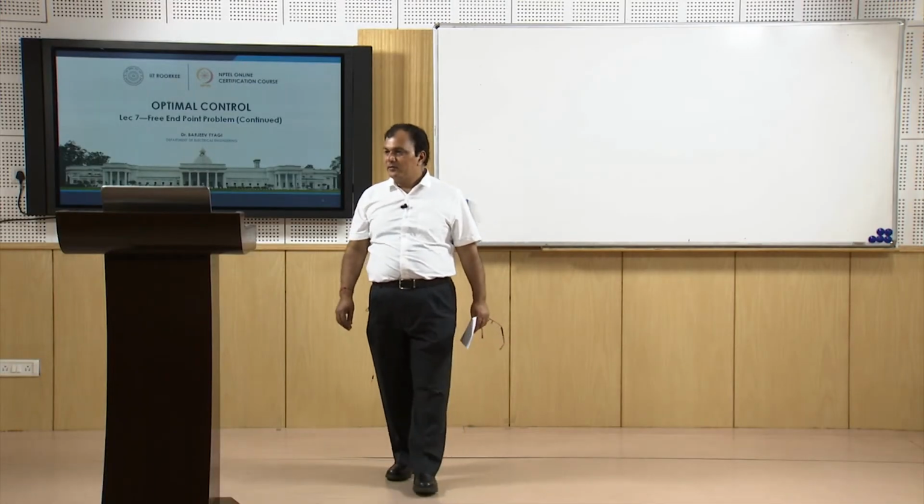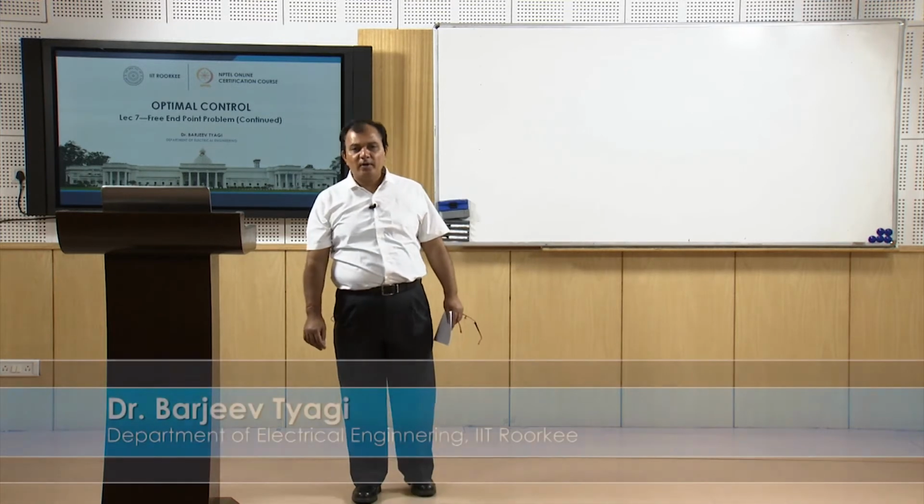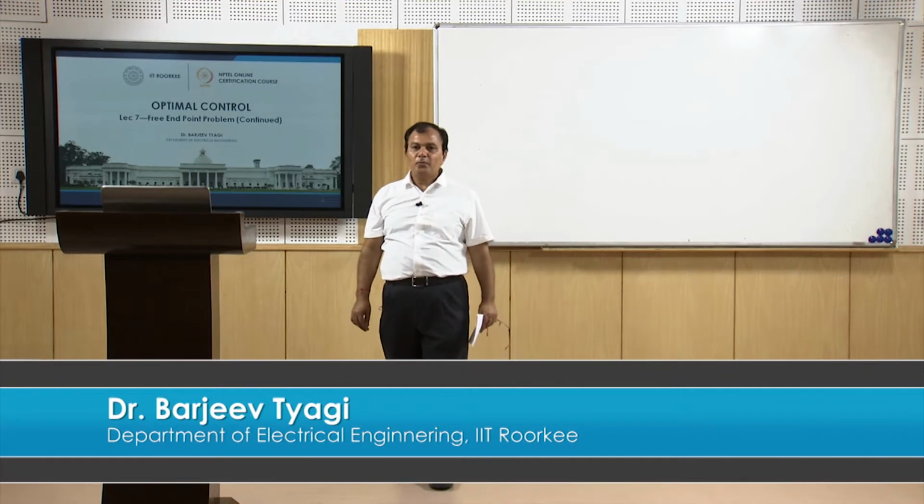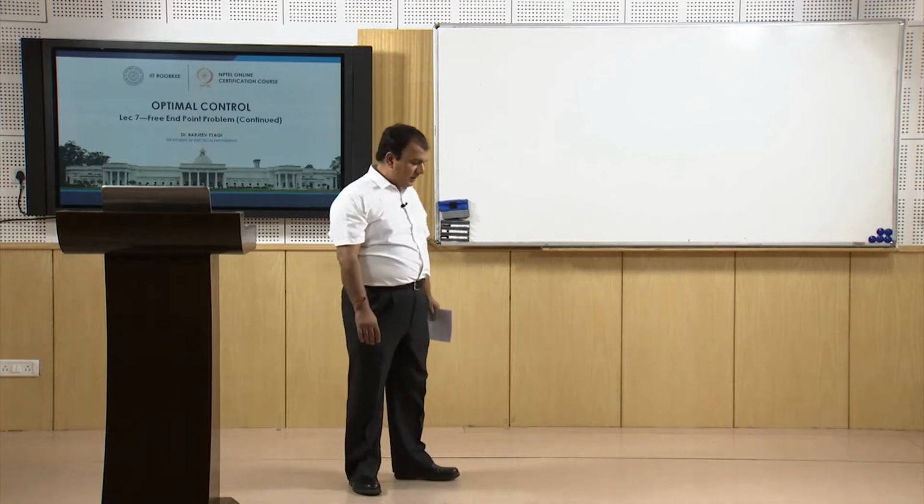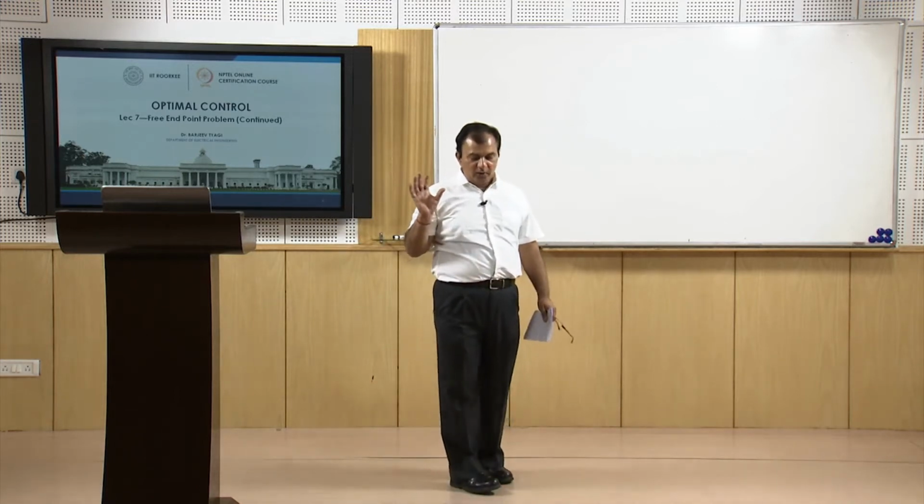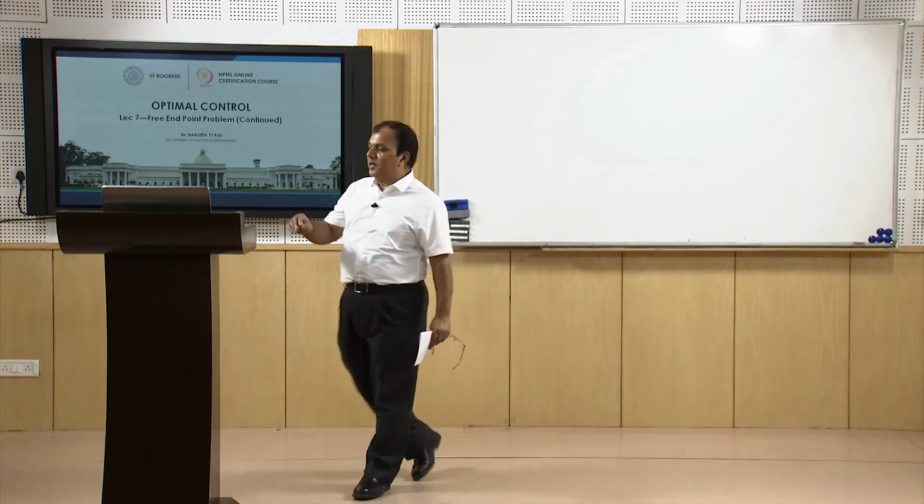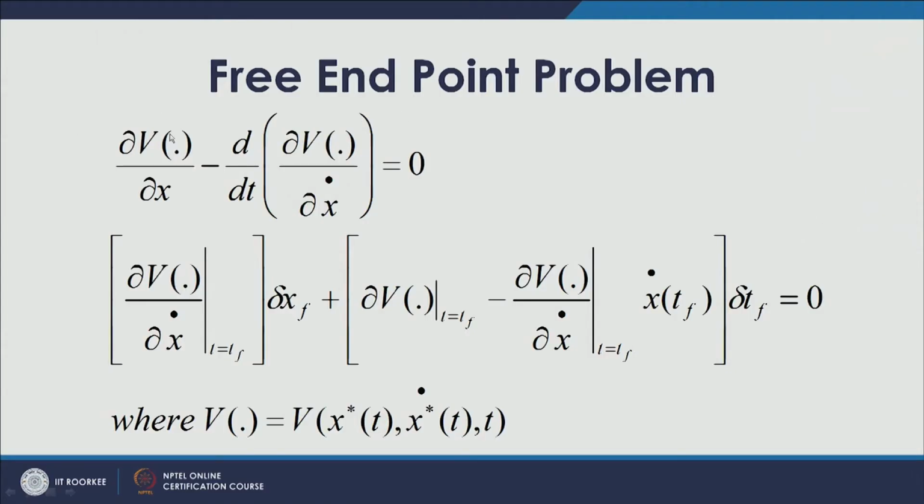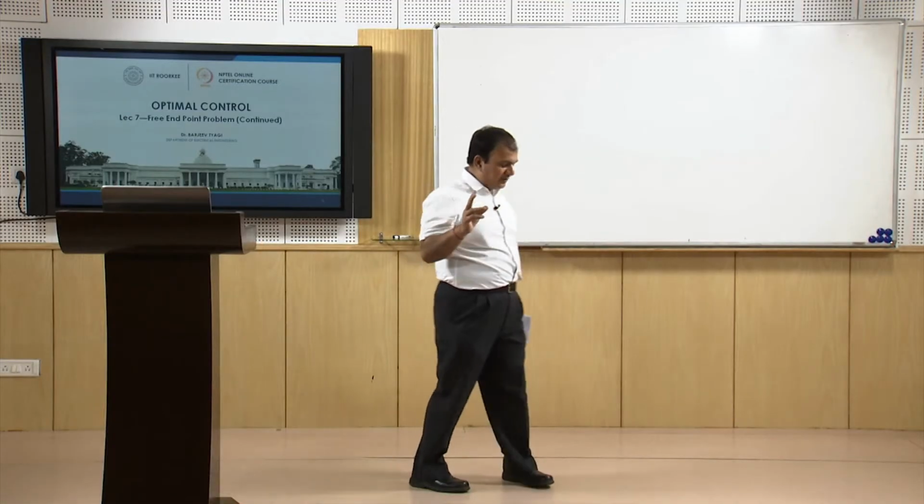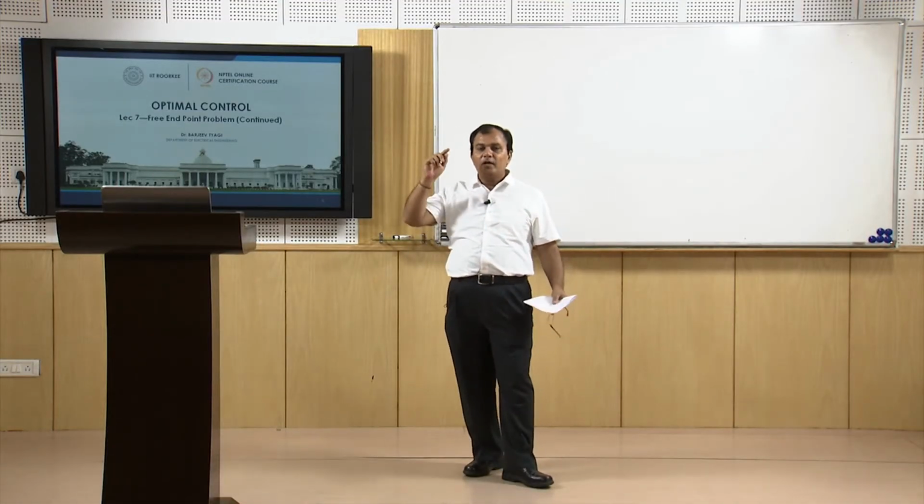Okay, welcome friends. In this class we will continue our previous class discussion, which was on the free endpoint problem. In the previous class we derived the Euler equation plus the terminal condition, and any free endpoint problem can be defined in different cases as per the variation of delta xf and delta tf. The two cases we have seen in the previous classes, one is the fixed endpoint problem in which